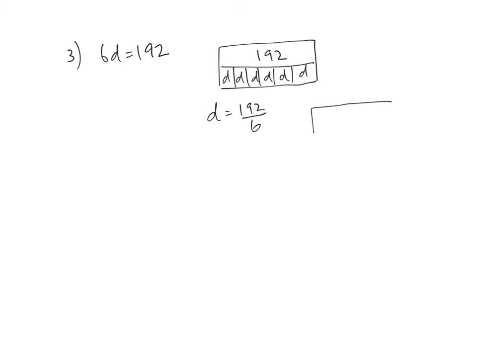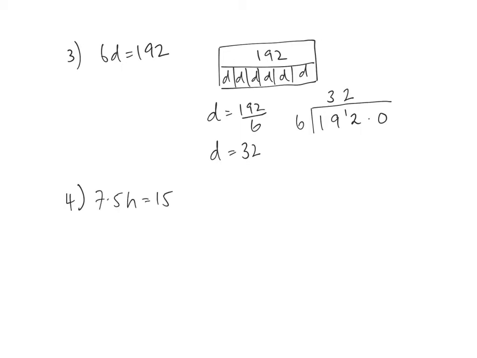And again, we can use the bus stop, 6 on the outside, and then 192. There might be a decimal at the end, so 0.0 is useful to put in. So 6 into 19 goes 3, so that makes 18 with 1 carried forward. So then 6 into 12 goes 2, so d equals 32. Question 4,